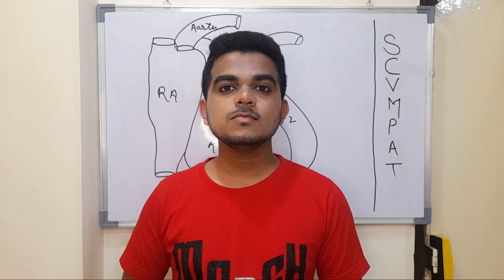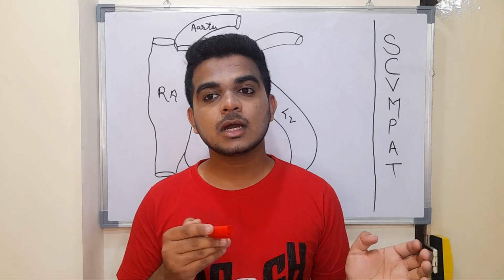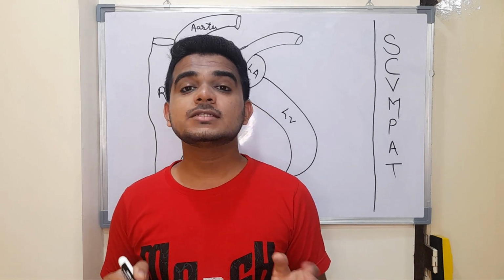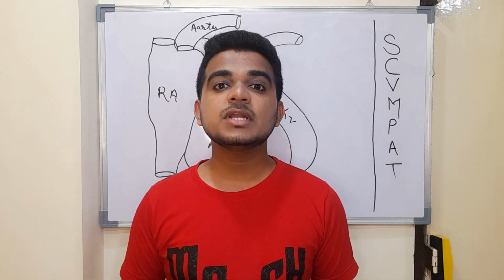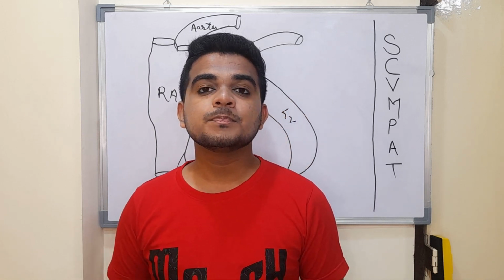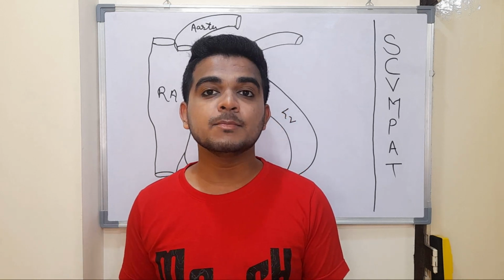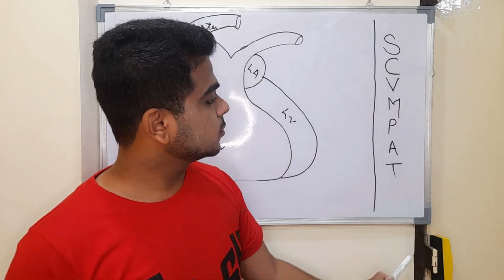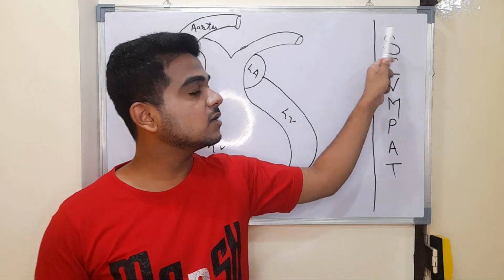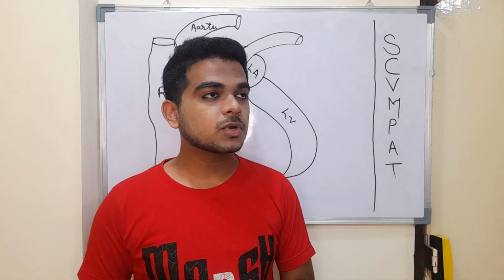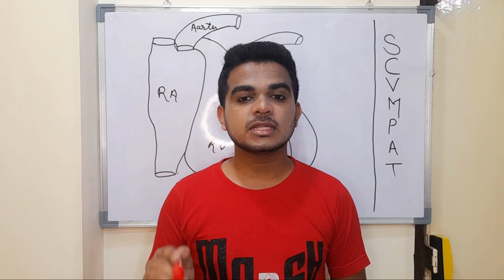Okay students, we are now done with the right coronary artery, meaning where it starts and where it ends. Now we will see each branch of the right coronary artery one by one. But there are too many branches, so how do we remember each branch by name? Here is a mnemonic. Just write this word. I will explain what each letter stands for, and through that you will understand the exact name of each artery.